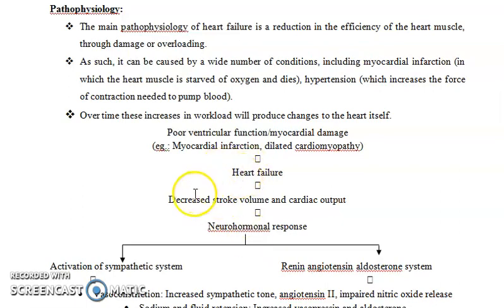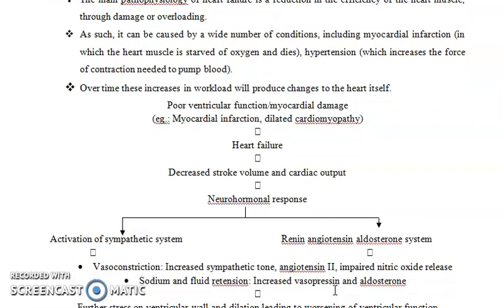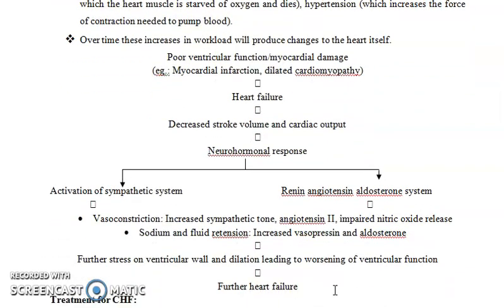Because of this heart failure, there may be decreased stroke volume as well as cardiac output. Because of this, there may be a neurohormonal response. The neurohormonal response is classified into two types: activation of the sympathetic system and